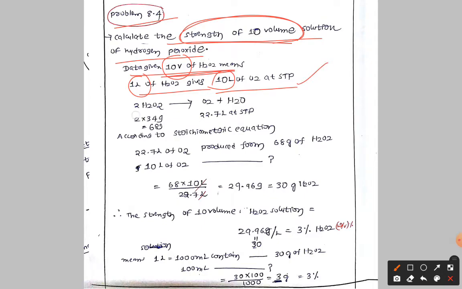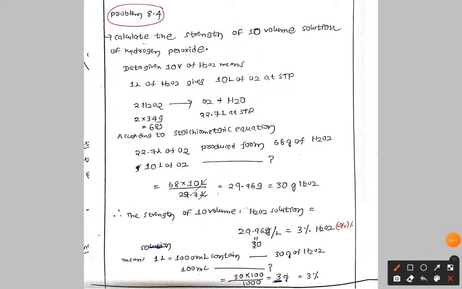Now if you go for the equation, hydrogen peroxide, if it undergoes decomposition, will give oxygen plus H2O. So according to stoichiometry, the strength of solution is how much amount is present in the given amount of solution. That you have to tell in terms of weight. The molar mass of hydrogen peroxide is 34 grams. In the equation we have coefficient 2, number of moles 2, so 2 into 34 means 68 grams. So 68 grams of hydrogen peroxide gives